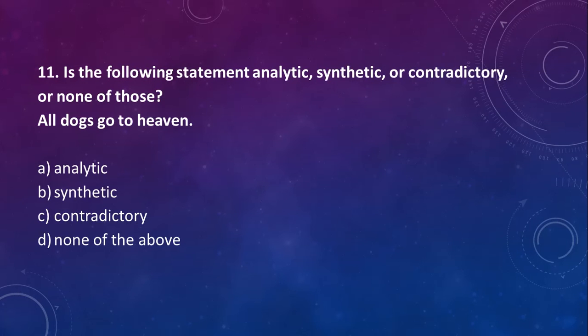When I was writing this, I was thinking that it was possible that this could also be contradictory, if you see heaven as a concept where it forbids dogs. It's kind of paradoxical. I don't know if anybody actually wrote contradictory, but that was fun. Did anybody have contradictory, if you recall? No. Okay, then we won't worry about it. But if you had a clear definition of heaven that said this is a place where only humans go, then this might be a contradiction. But I don't think anybody has that, as far as I know.